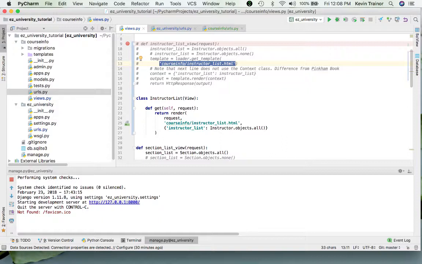So it turns out that when we click on a link on an HTML page, just a plain old anchor tag, a link, the method that gets sent by the browser in the request is a get. So we're saying, if we have the right URL, in which case it said instructor/, and if it's a get, which is going to be because we're coming from a link and that's going to cause get, then